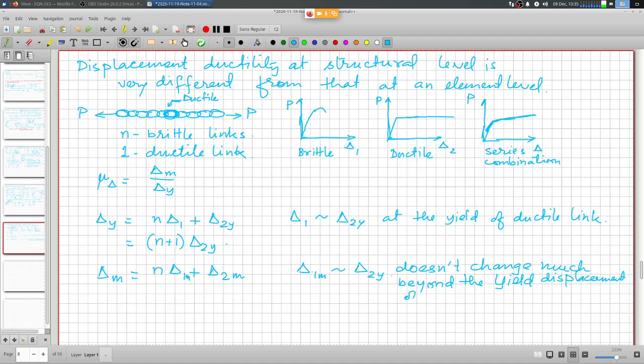So with the displacement of the ductile link, the total displacement now becomes n times delta 2y plus delta 2m, and then when I combine these two and figure out the displacement ductility,